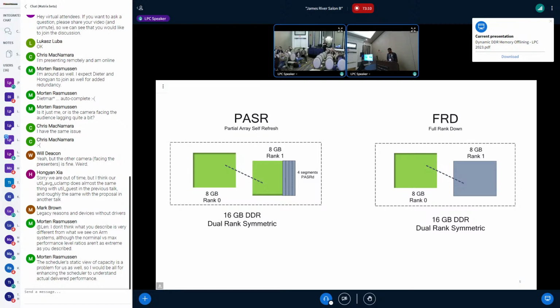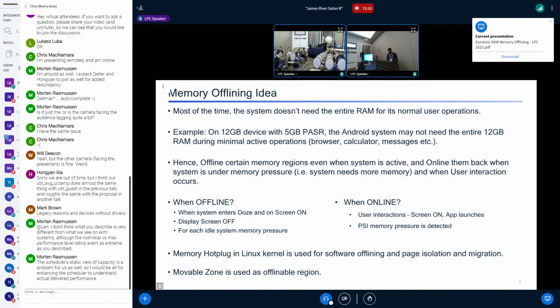So that is the PASR technology. And full rank down is where you have the entire rank being shut down. So the entire VDD to the particular rank has been cut off. So there's a significant power reduction there. So these are the two technologies that we use to offline segments in DDR.